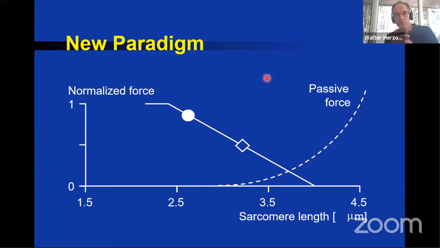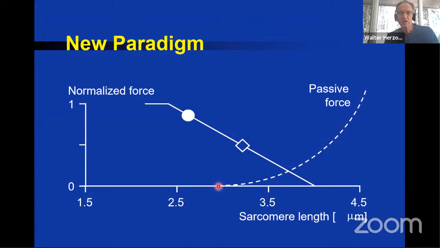So what we then proposed was the following little paradigm, where we say, well, this is the force-length relationship of an active muscle, actin and myosin, and we believe this is perfectly fine. So this is the plateau, this is the descending limb that is exactly proportional to the amount of actin-myosin filament overlap. But then what we thought is what happens to the passive force is that it doesn't stay stationary, but